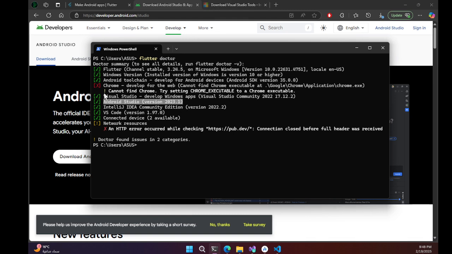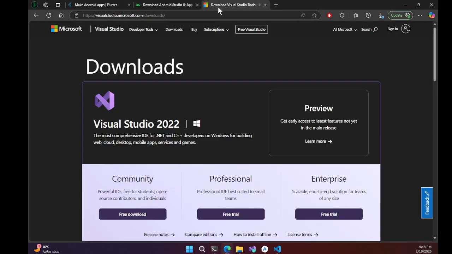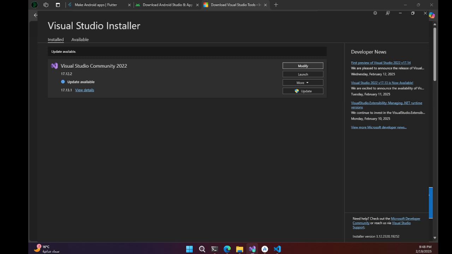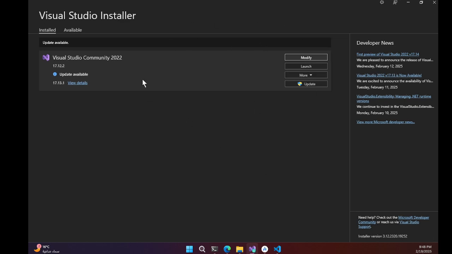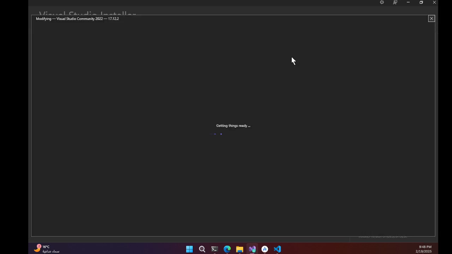If you want to compile to Windows, first of all, you must install the Visual Studio Installer. Once you have the installer, this is how the installer looks like. Click on Modify,